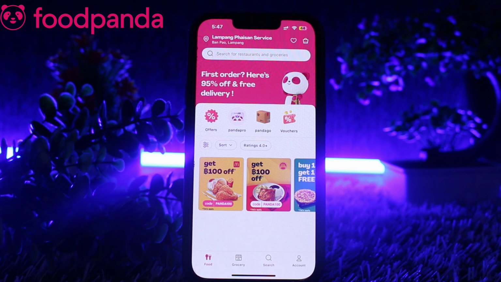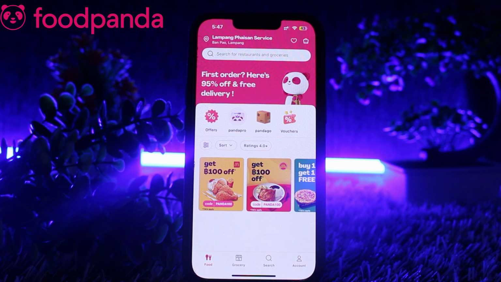So after going on the checkout phase, you will see the option of schedule order or order for later option. So after seeing the option, you need to select the preferred date and time for your delivery. So if you want the order to be delivered day after tomorrow, then you need to select that date and the time for your delivery. And you need to confirm the order and complete the payment if that is required to fulfill your order. So after doing all of it, you will be able to receive the order which you have done today, day after tomorrow or later. So that's it. That's how you can order for later on